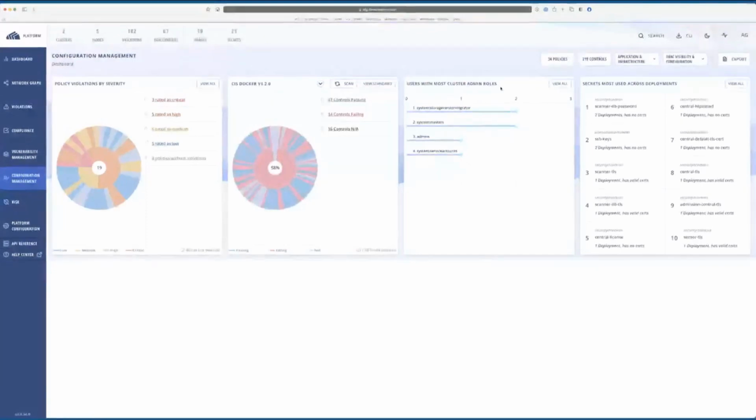Viewing all things related to admin roles, as well as secrets. And the way you can slice and dice configuration management is you can look at it based on clusters, namespaces, nodes, deployments, images, or secrets. We also have a full workflow for users and groups, service accounts, and roles when it comes to RBAC visibility